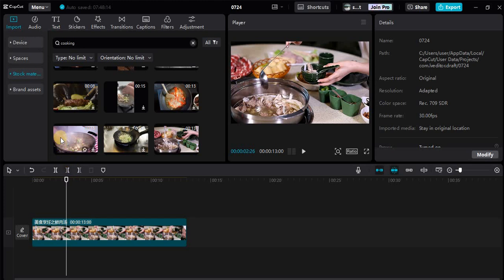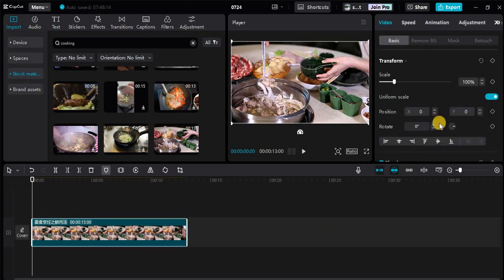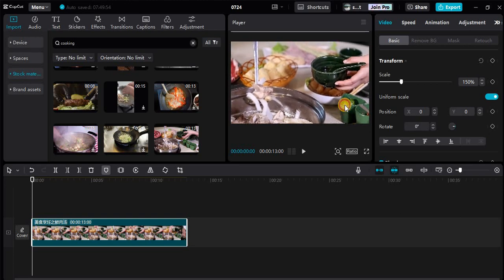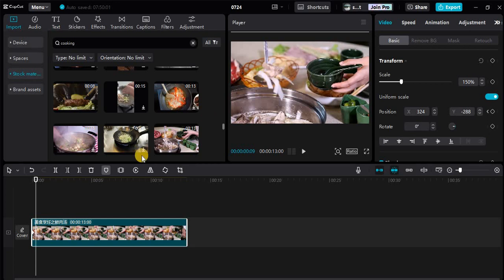So what you need to do is first zoom in the clip. So let's click on the video and here adjust the scale to go with here, and then after that you can add a keyframe on the positions in here. Then just move forward and follow the movement of the ladle